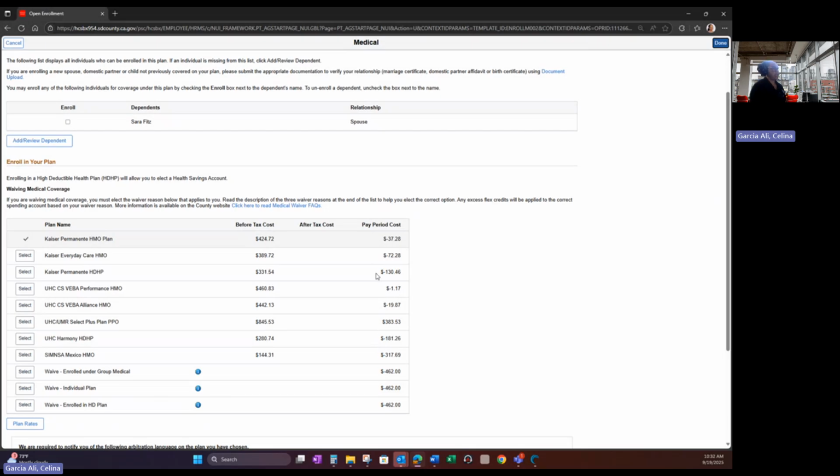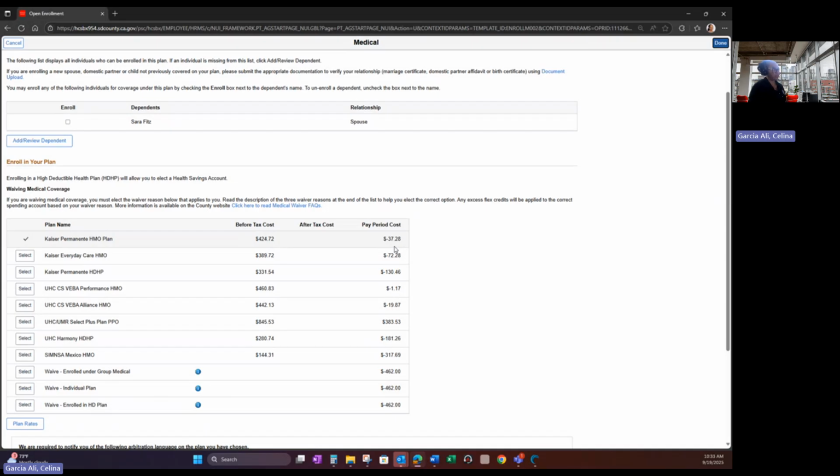So essentially, the negative means, oh, if I choose medical Kaiser at 424.72, my flex credits will cover that premium. And then that negative number of 37.28 is how much I have left to spend on other plans like dental,